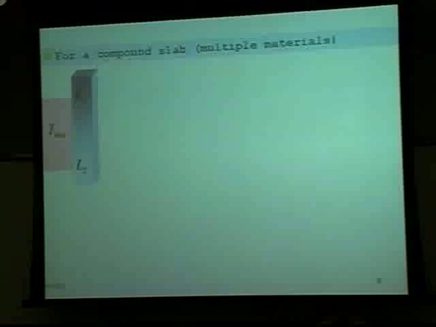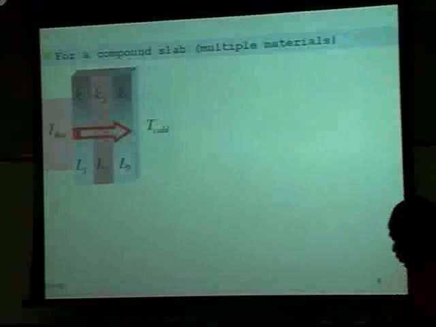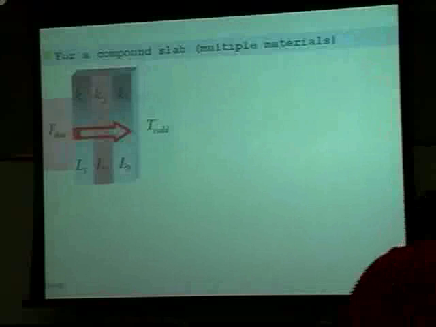If you had a compound slab between your two temperatures, say I had one slab that had a thermal conductivity of K1 and a width or length of L1, and another slab with thermal conductivity K2 and L2, and a third slab with thermal conductivity K3 and L3, and I'm going to transfer energy from hot to cold. I can calculate the power, the energy per time, transmitted through this compound structure